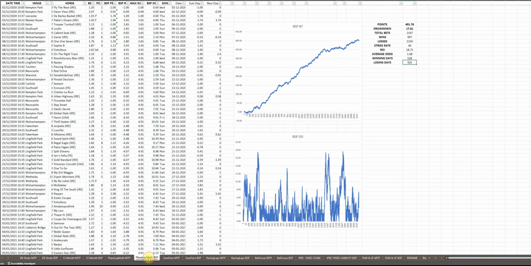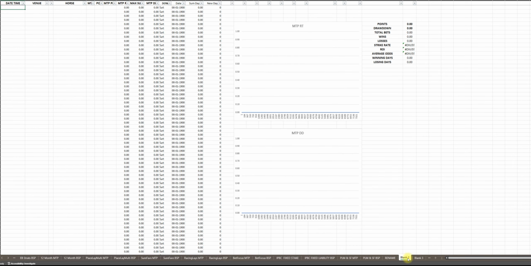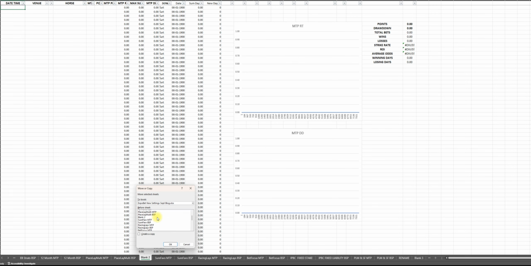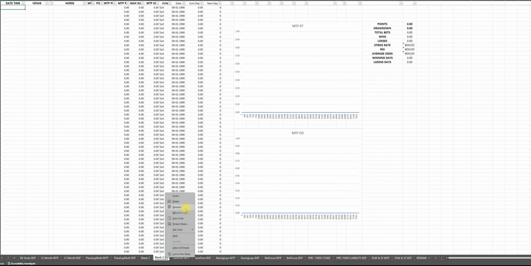So let's have a look at Place Lay Multi BSP, and you have another blank tab here. I've told you how you can create more. But if we just drag that over here and put it there, and then we would just copy it. So I'm just going to copy this blank tab now, as you can see, and I could rename this to whatever I like. But in this scenario, I'm going to rename it to PLM